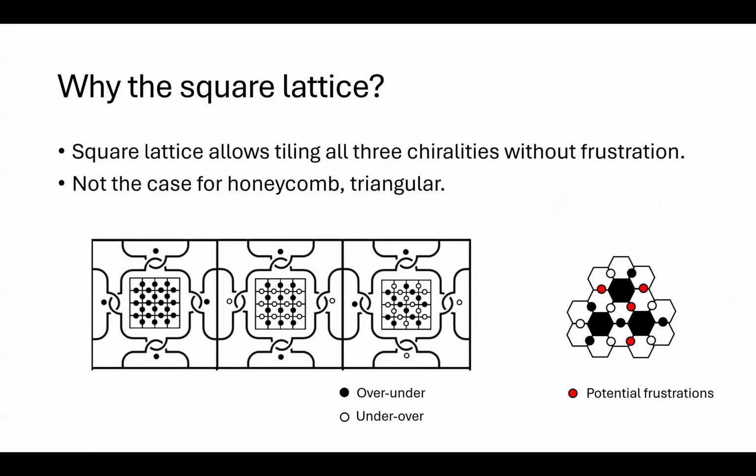So if you represent the connection between 2 adjacent squares, first of all, you can tile a plane with squares. I think that's well known. And you can color the edges black for over under and white for under over. With a square, you can make your unit cell have black on the sides and white on the top and bottom, or you can alternate diagonally. And you can make these different checkerboard patterns of alternating black and white to look at these different chiralities.